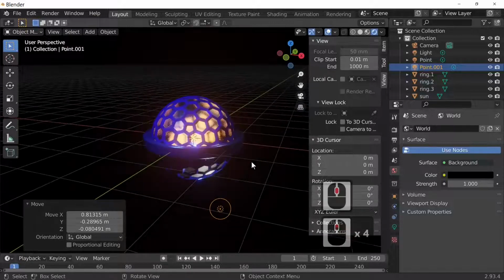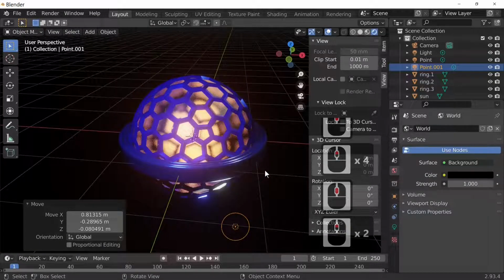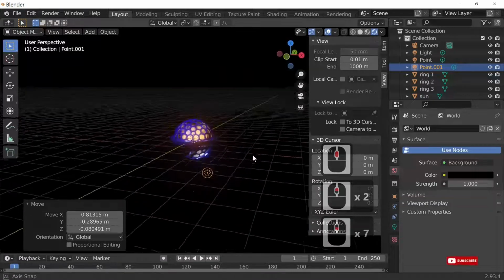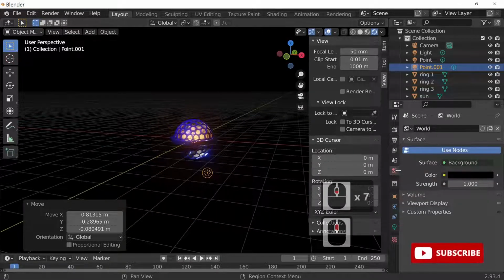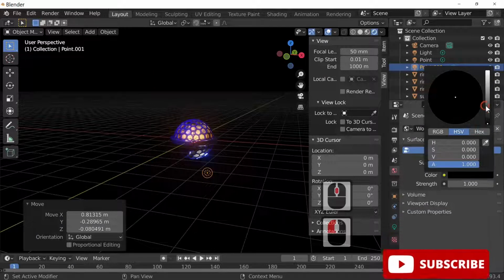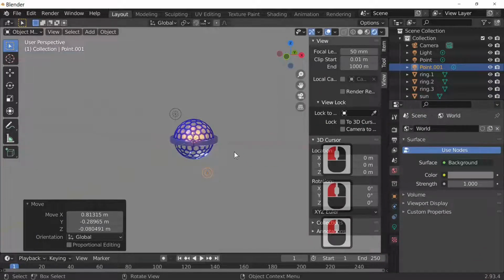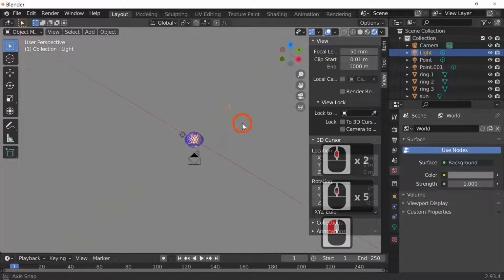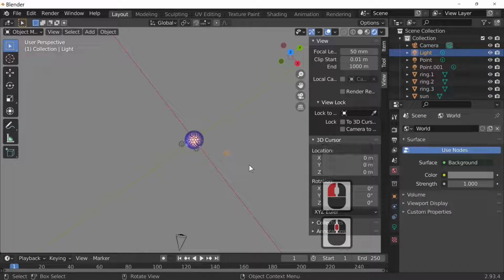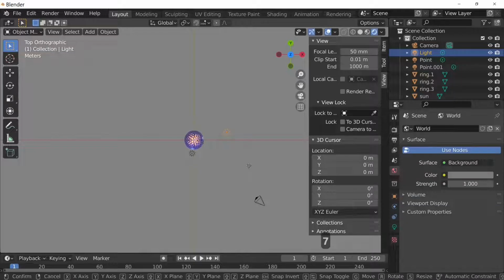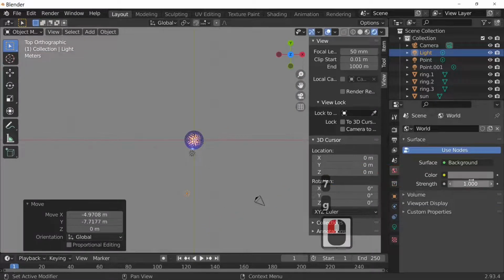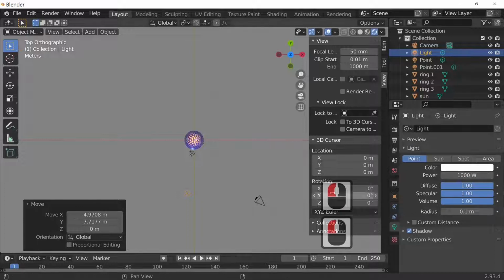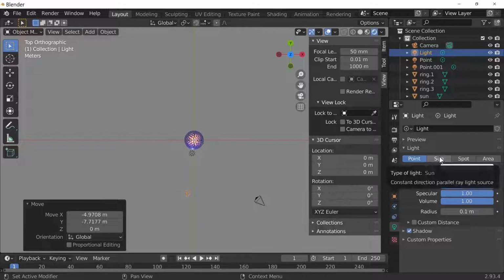But it's entirely up to you, and you can mess around for hours and hours with lights, but I would recommend that you get some good 3-point lighting, which basically means that you're lighting from at least 3 points, so it casts different kinds of shadows. And we've got a sun up there which is pointing straight down. I'm just going to move that, so press the 7 key to look from the top. I'm just going to move it over here, and the colour of our sun is white. Its wattage is 1000. It's also a point light, so I'm just going to change that to a sunlight,